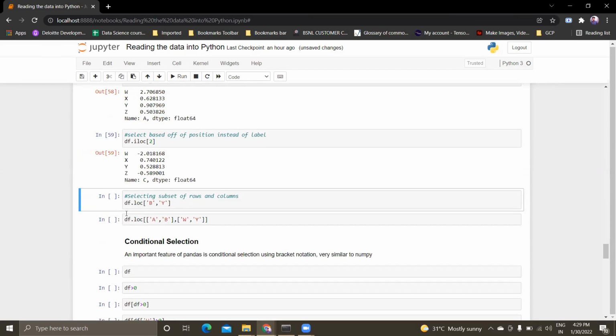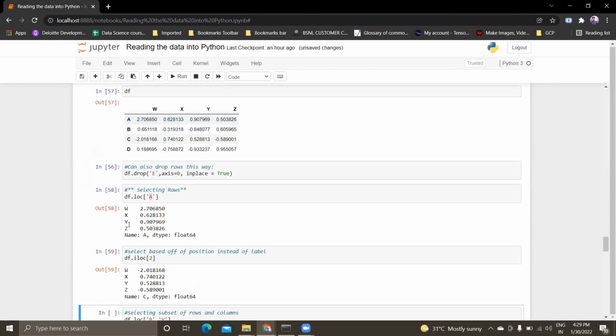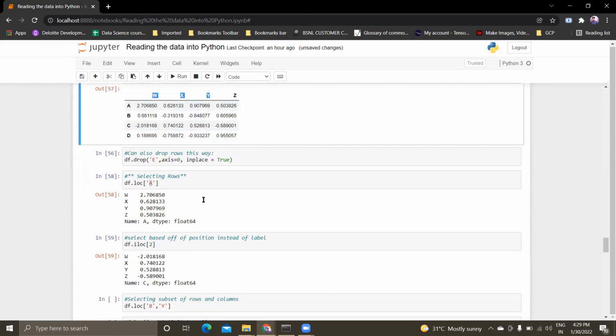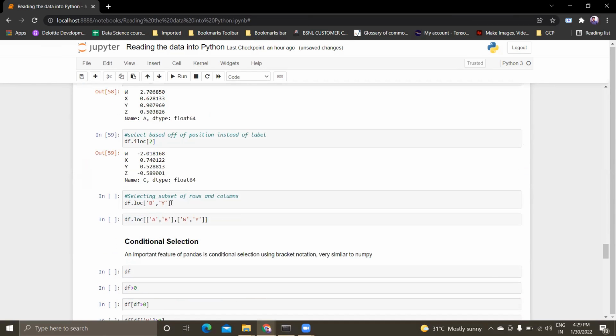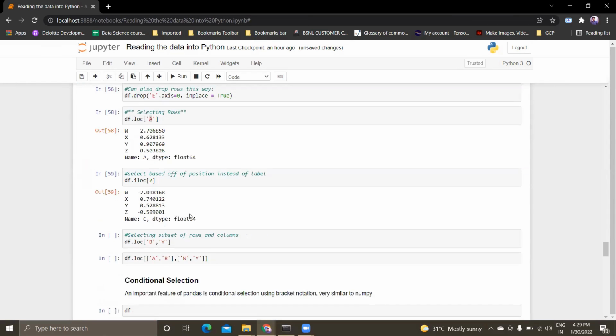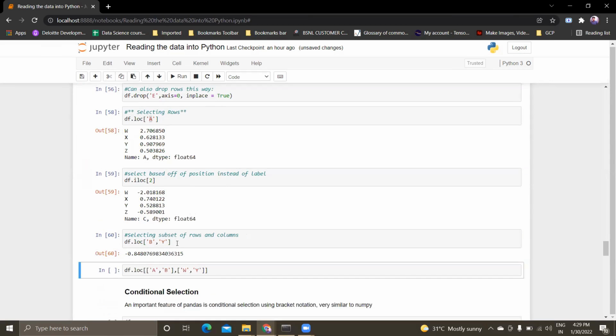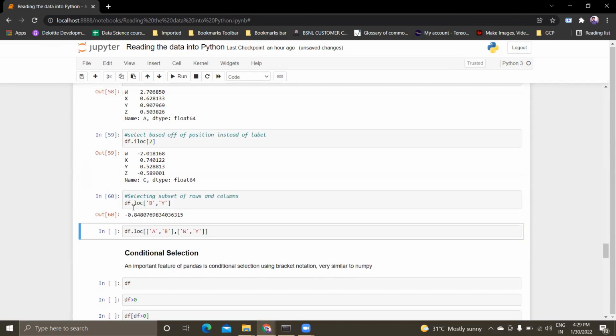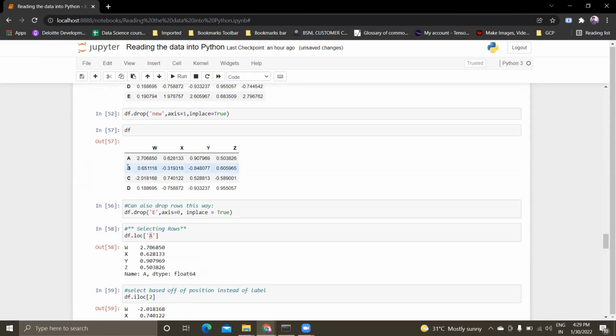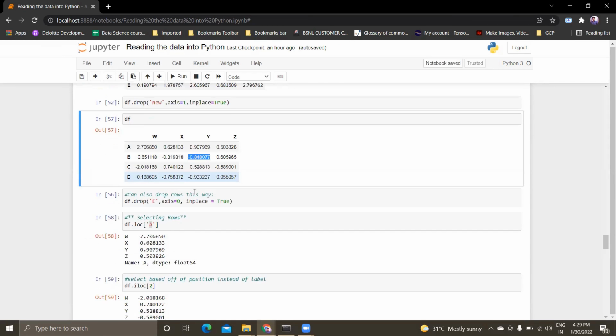Similarly, loc can be used to access values from columns as well, and the rows as well, both things. So if I use df.loc of b, y, it will go to b, and it will get the value of y here, like -0.8407.